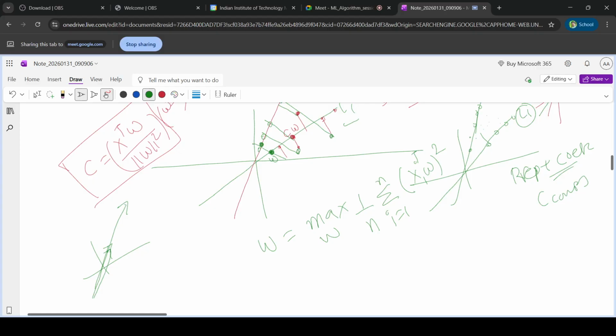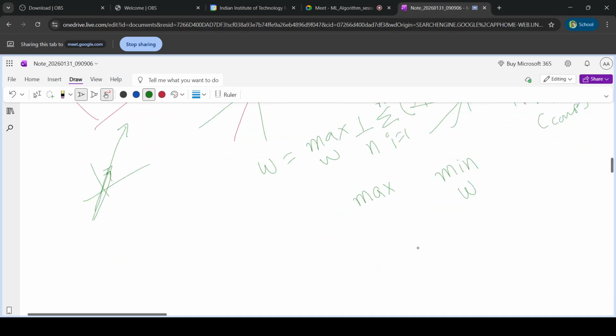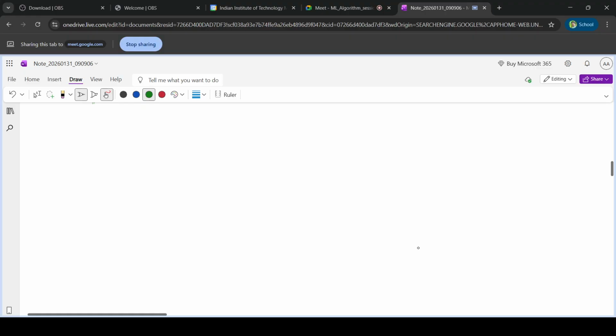So this is what you are trying to figure out, the maximum. If I just solve it now, you will understand, because we need to find out the minimum of w, and how this converts to a maximum formula. I thought that to solve it, just see for two steps, because then you will understand how the minimum is converted to max, and how the w started here, and how we got the max to min value. So, okay, before doing this,